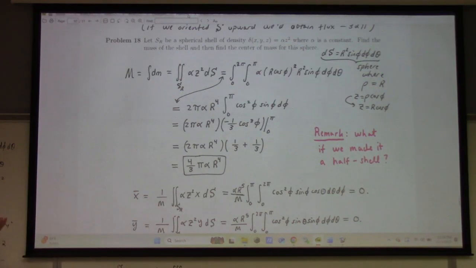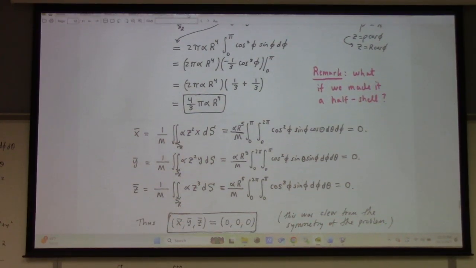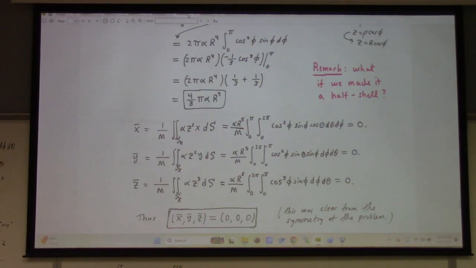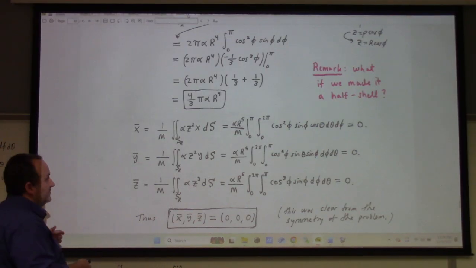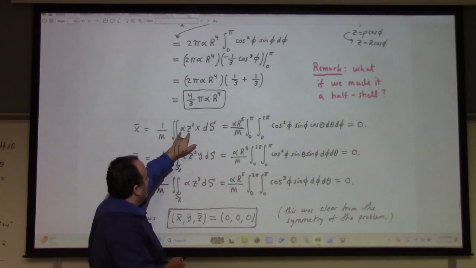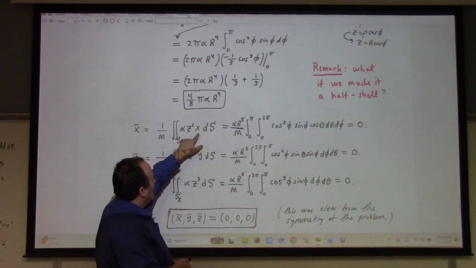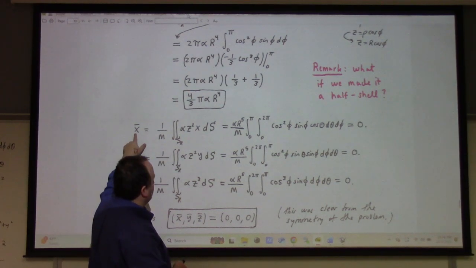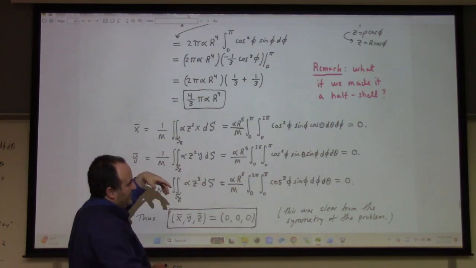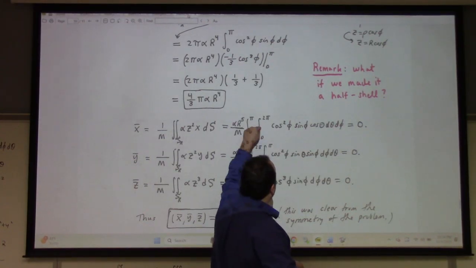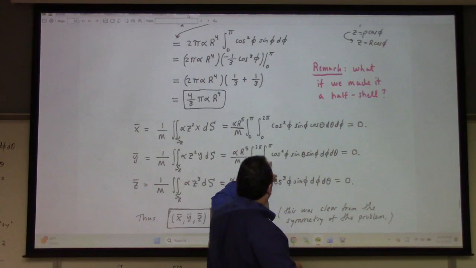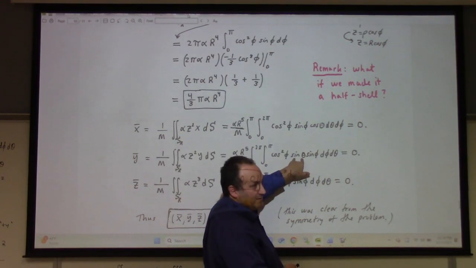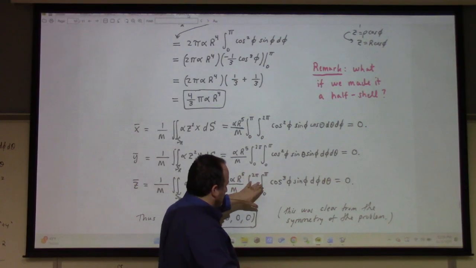And to set up the integrals for the center of mass, I have to divide by the mass and integrate the density times x dm, y dm, z dm. Little dm is delta dS here, where delta is alpha z squared. So alpha z squared times dS is the little dm, that times x integrated, divided by big M, gives us the average x, right? And it just so happens that with these integrals, you've got 0 to 2 pi of cosine theta. That's 0, right? You've got the integral from 0 to 2 pi of sine theta. That's 0. And this one, you've got